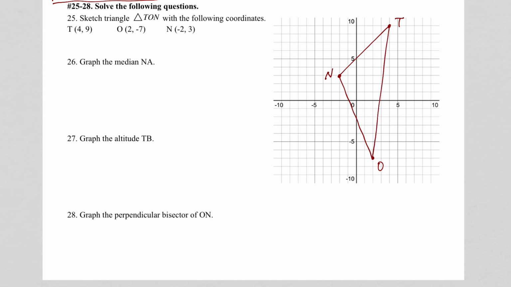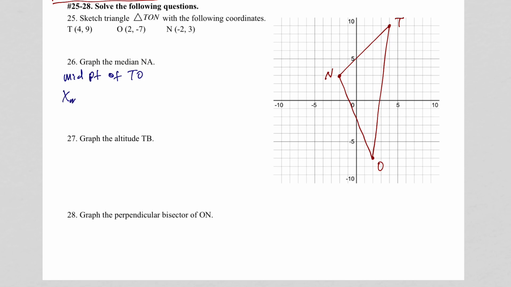Okay. All right, now graph the median NA. Well, here's N. The other side is this, so A is going to be somewhere over here. It looks like it's going to hit there, but let's just double check. We need to know the midpoint of TO. So the midpoint of TO,